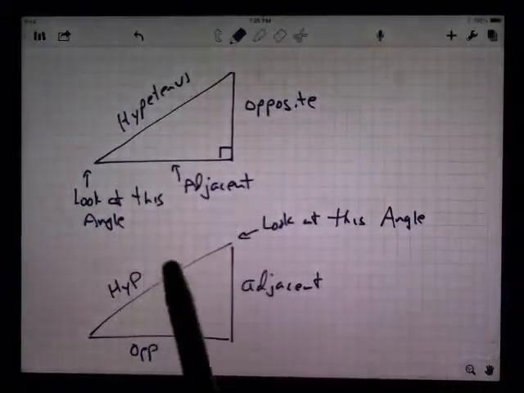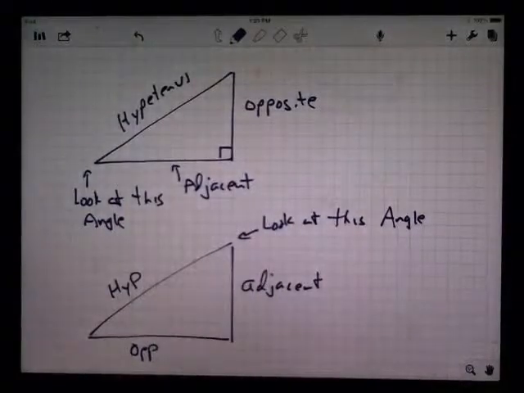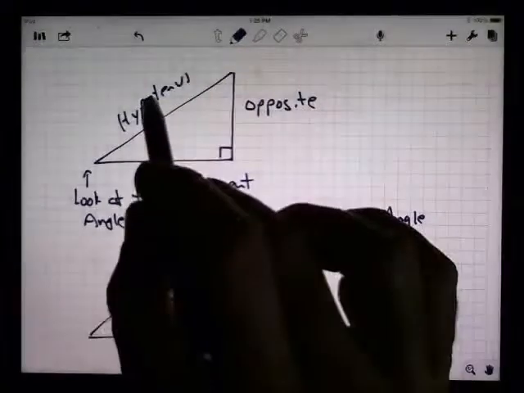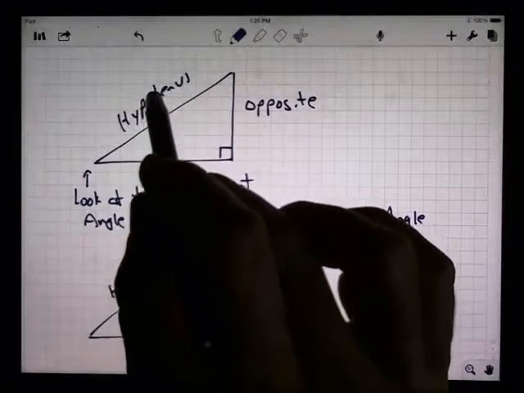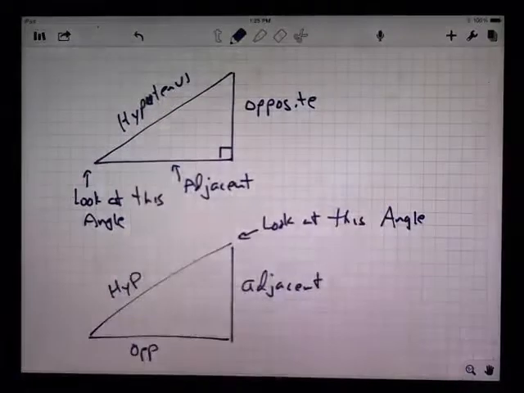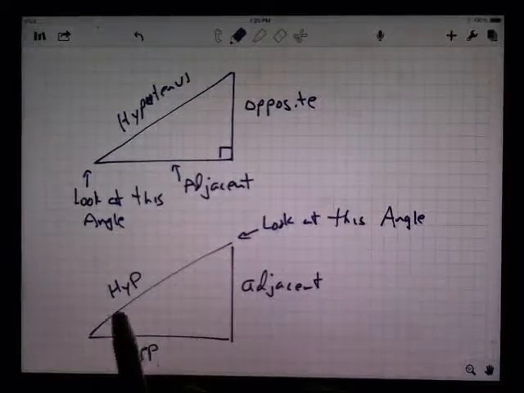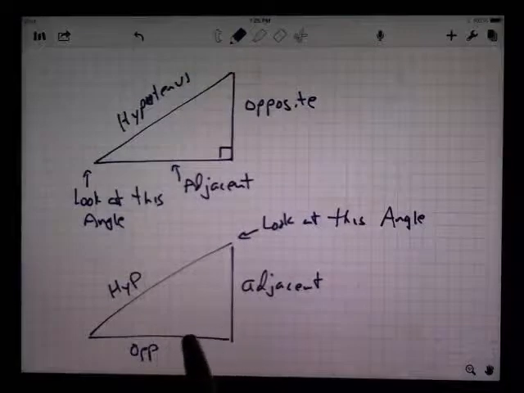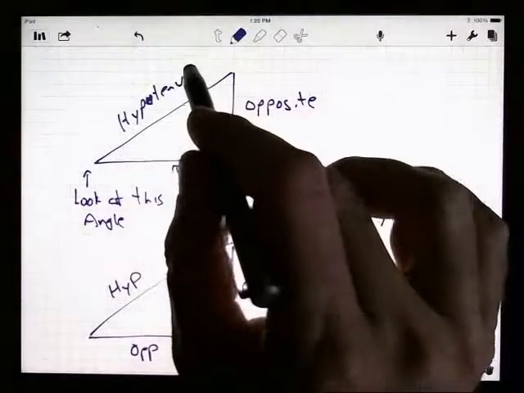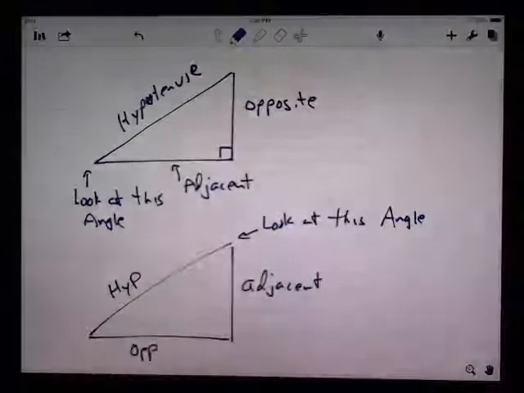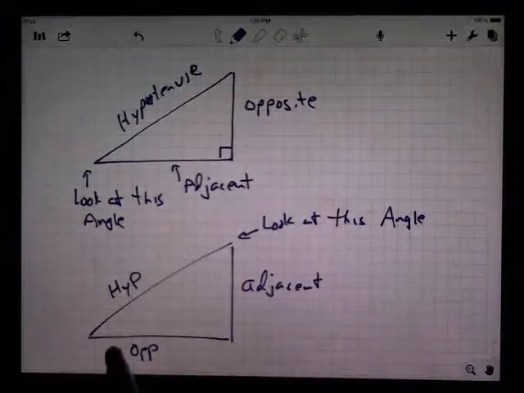Hypotenuse, opposite, and adjacent are the three names that we will use for the sides of the triangle. Hypotenuse is always in the same place. I think I missed an N in there. Actually, that's an O. Hypotenuse. There we go. That's why I abbreviated just HYP. I don't need to be able to spell the whole thing. I think there's an E on the end too. Huh. Anyway,